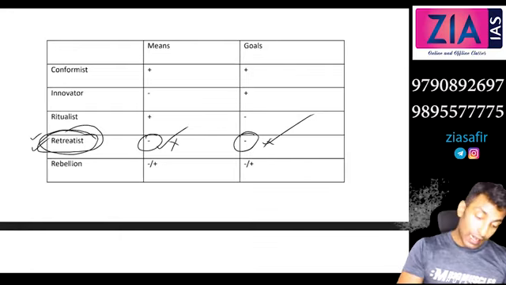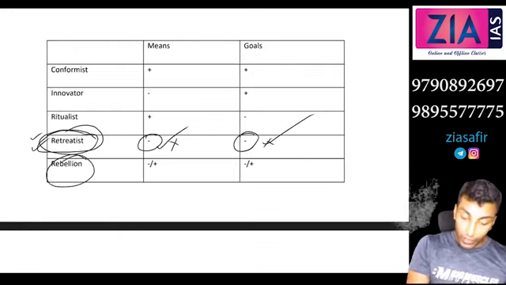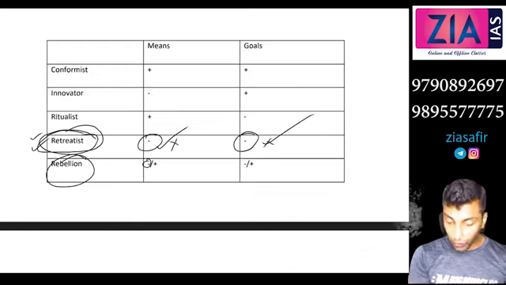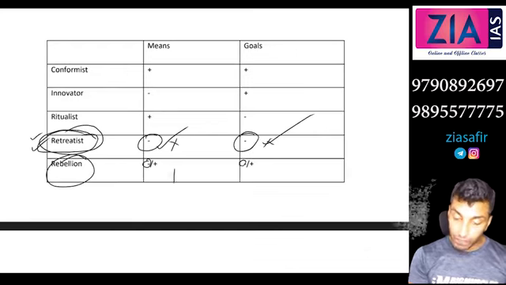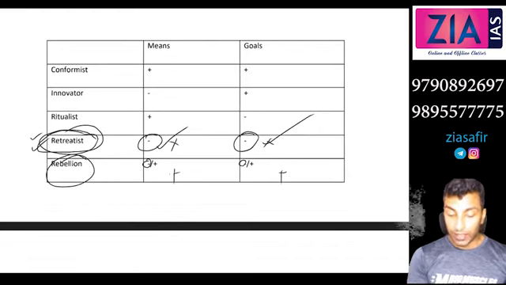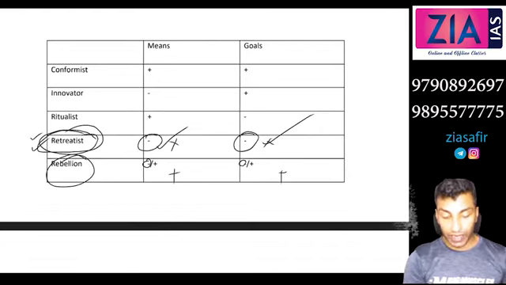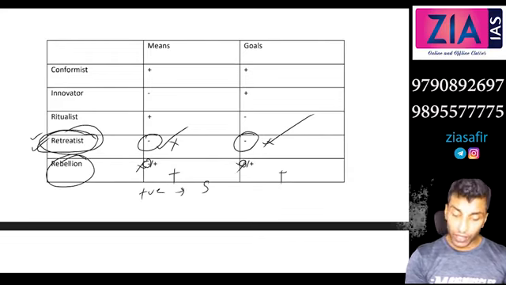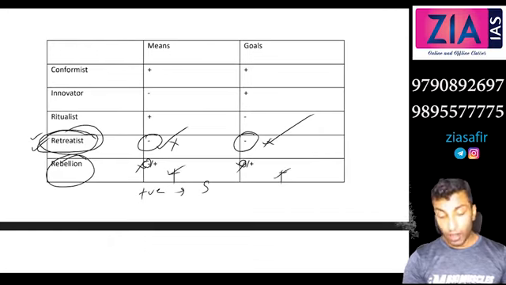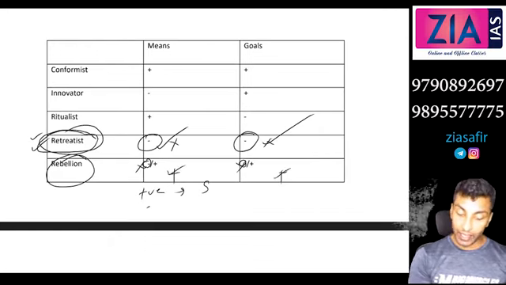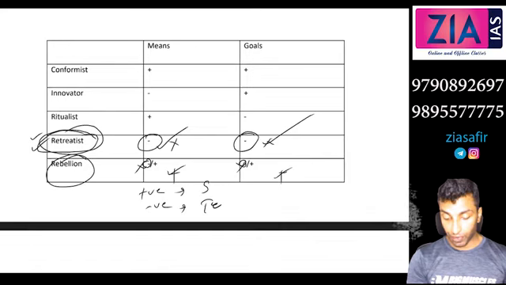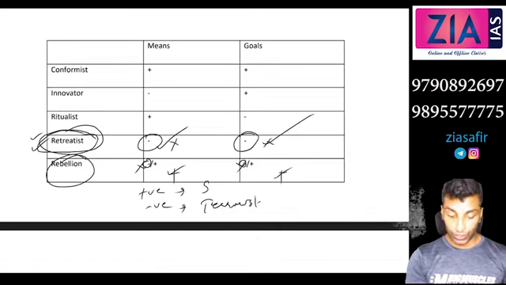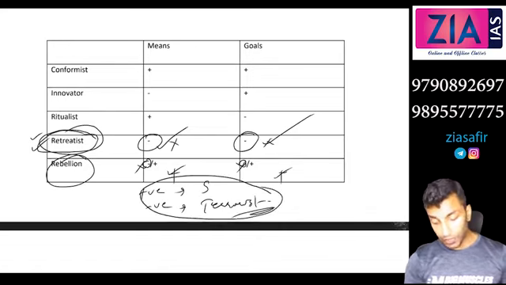So not a big problem for the society with respect to these people like saints, drug addicts, etc. But this last case, rebellion. So what they do, you can see here minus, they don't follow the means, they don't follow the goals. Rather, they create new goals and new means. Here also positive and negative will be there. Positive, the social reformers, they reject the means and goals and they follow the new goals and means. On the other hand, negative will be there, that is terrorists, Naxalites, etc.